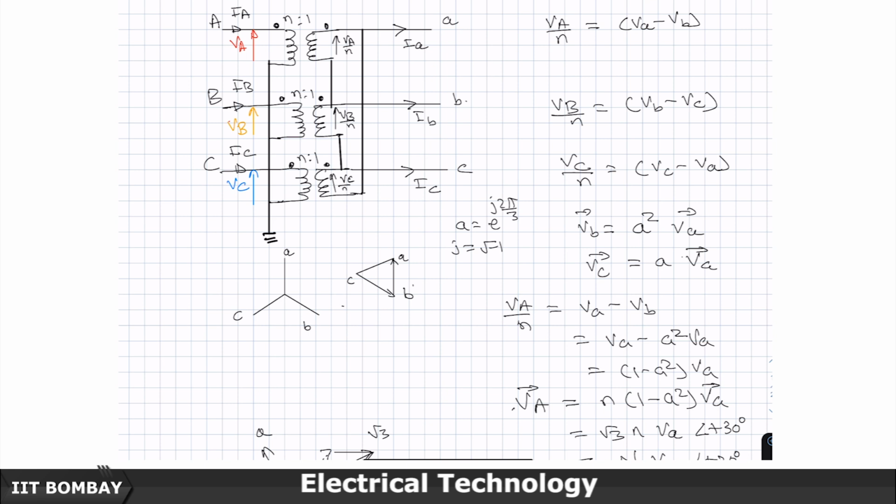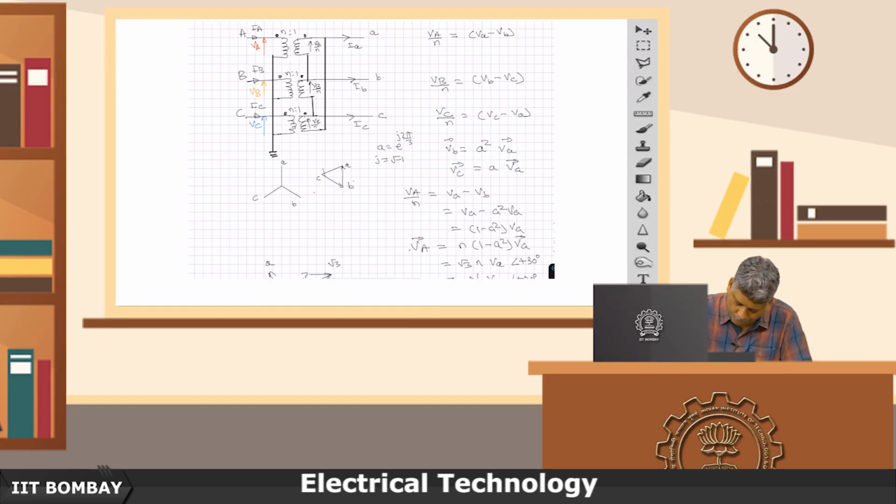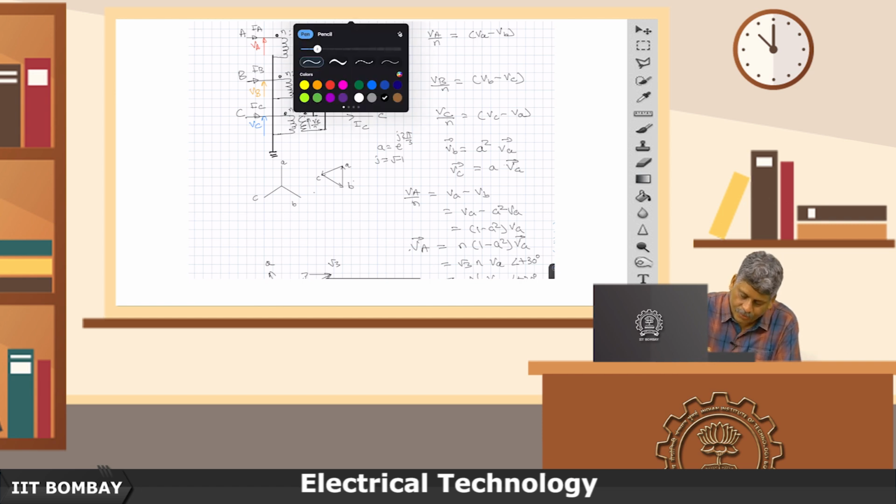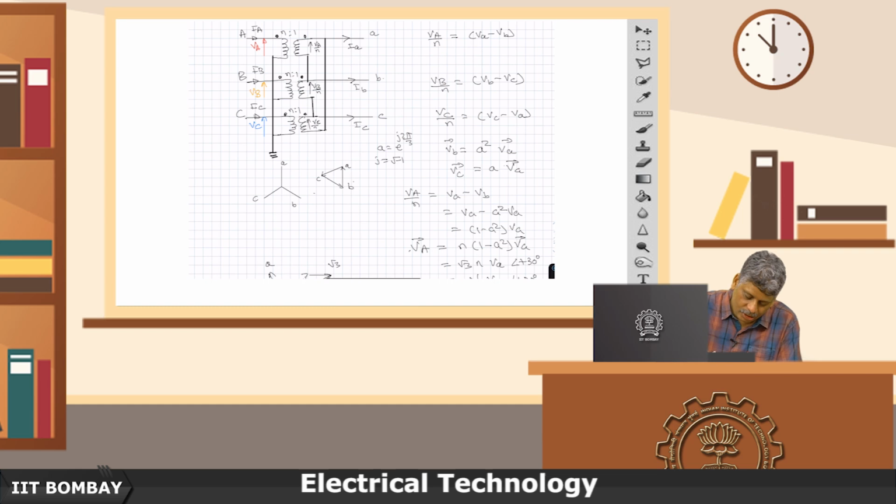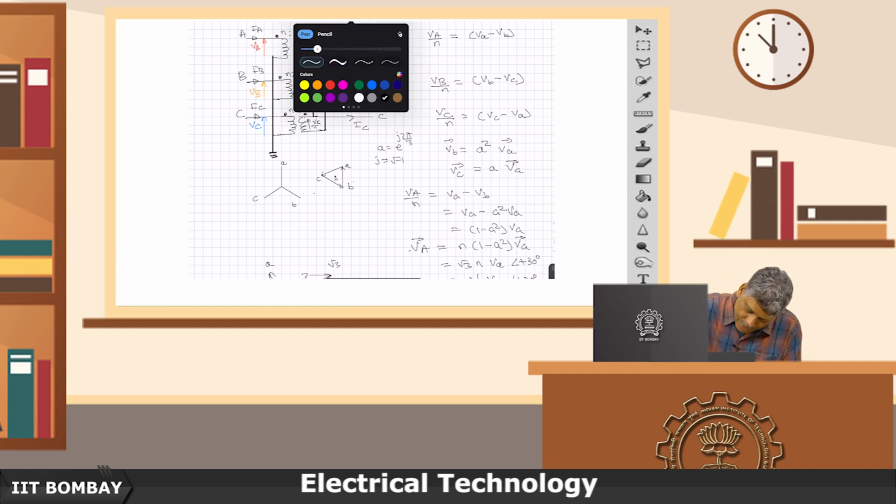Okay, so VC, VC minus VA. So now the line side connections, everything is clear. This is how it will be shown on the figure. Now you have to imagine if you want to think this also in terms of line to neutral, or in other words an equivalent star here, then you have to imagine a neutral which is at the centroid of this triangle, and then